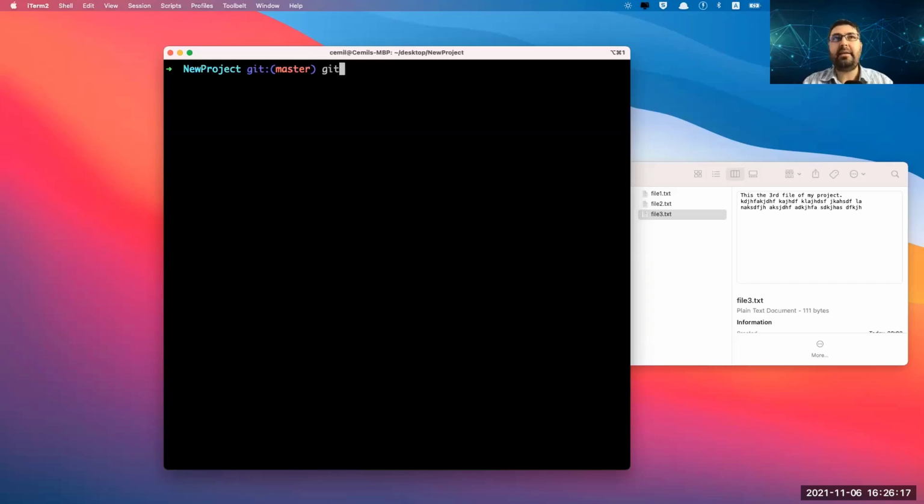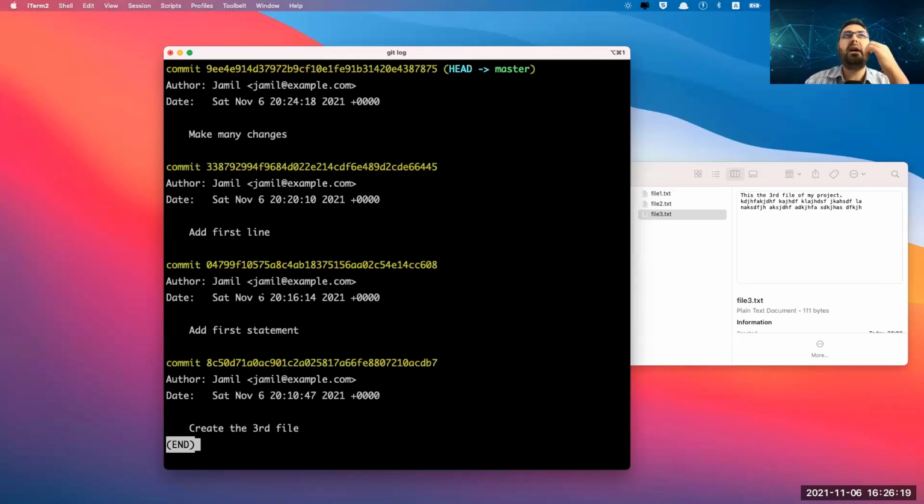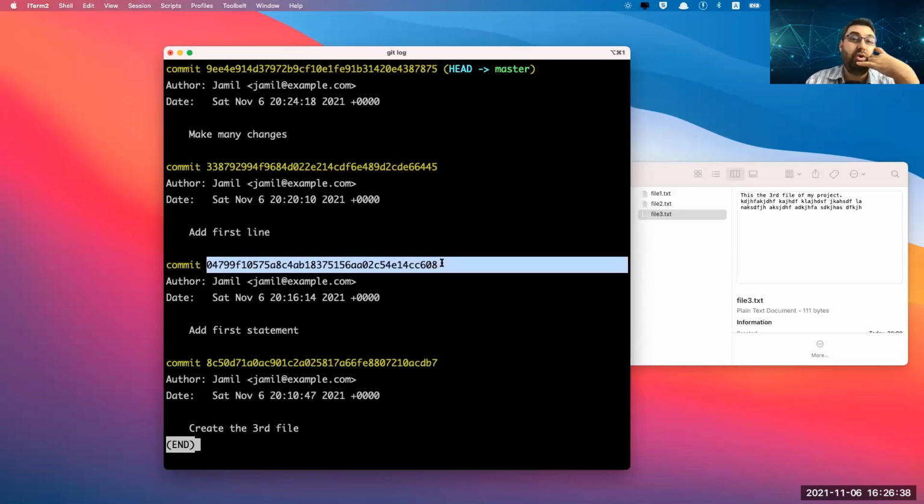So let's say we have a git log here, and it gives us the commit ID. So this is the commit ID. You want to get back to this commit. We are currently here, HEAD master. But let's say we just want to move to the previous versions. So anytime you can move there.